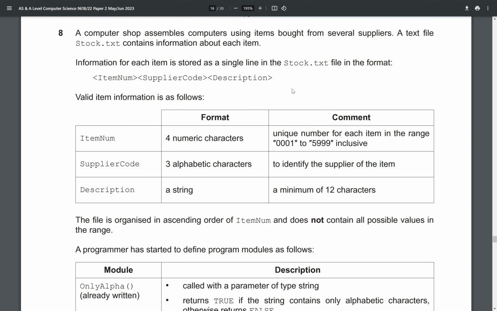On to the final question in this paper. It says a computer shop assembles computers using items bought from several suppliers. A text file stock.txt contains information about each item. Information for each item is stored as a single line in stock.txt, in the format item number, supply